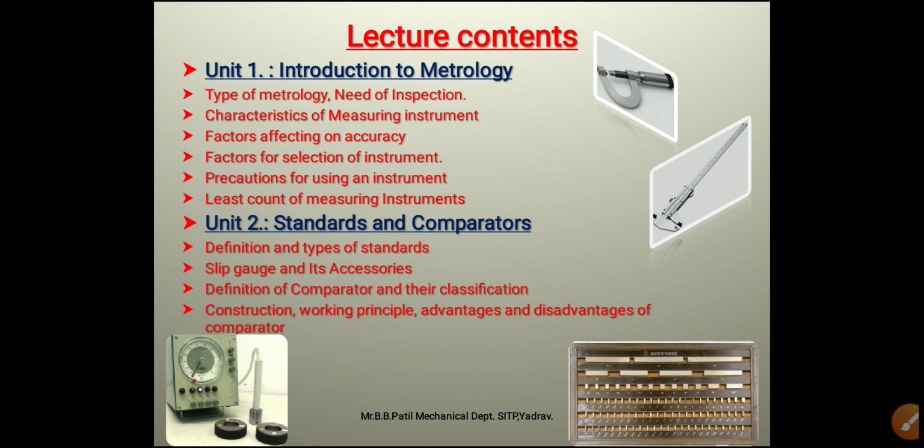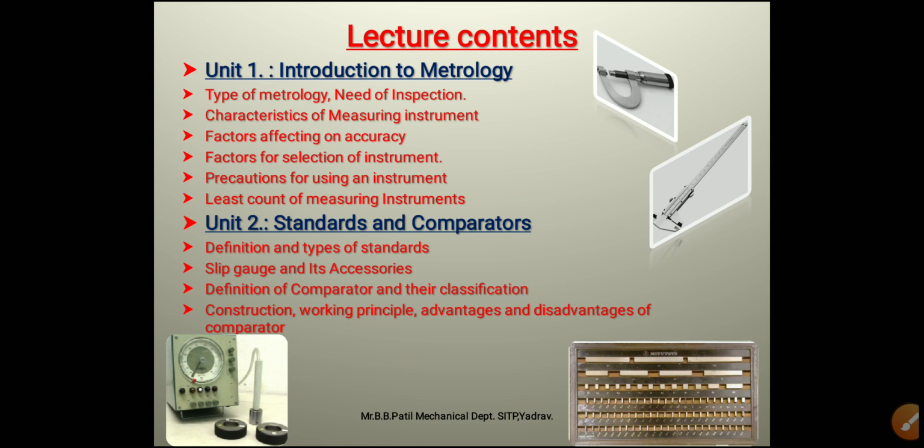So this is what we are going to discuss today. In unit number 1, Introduction to Metrology, we are going to summarize the terms, types of metrology, need of inspection, characteristics of measuring instruments like accuracy, precision, repeatability, readability, etc. Then factors affecting accuracy, factors for selection of instrument, precautions for using an instrument, and least count of measuring